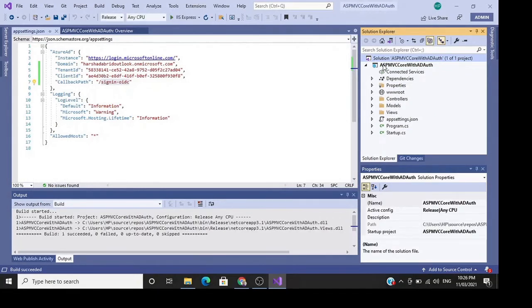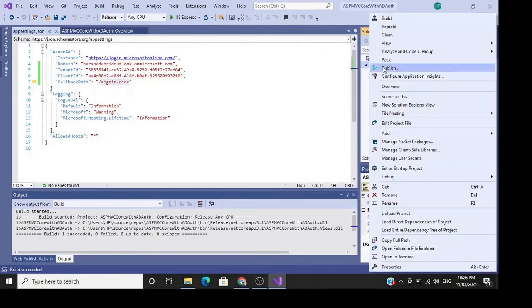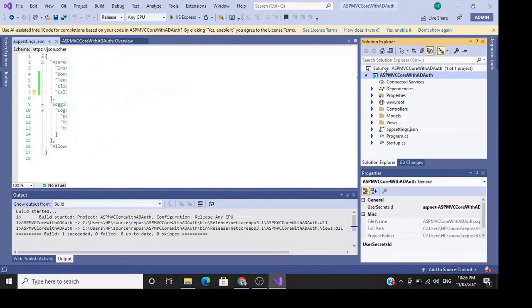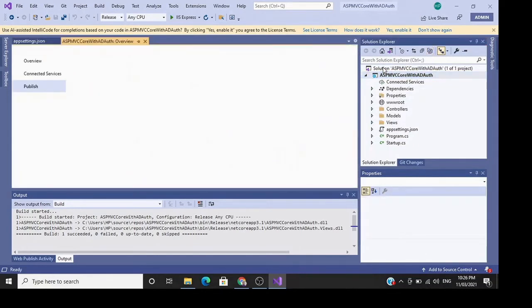A couple of minutes. Build succeeded, and so now we can publish. Let's click on publish, and we will get options for how we are going to publish. We are going to publish it on the Azure portal.